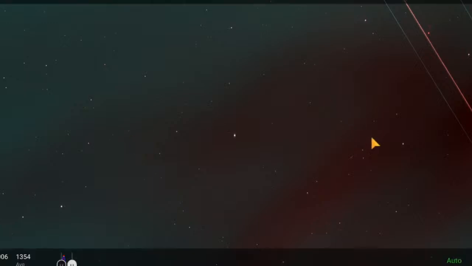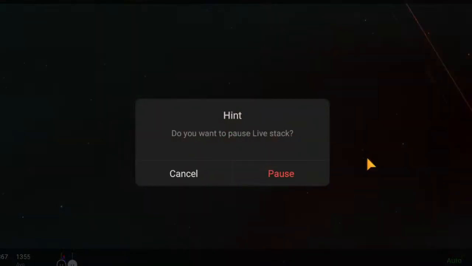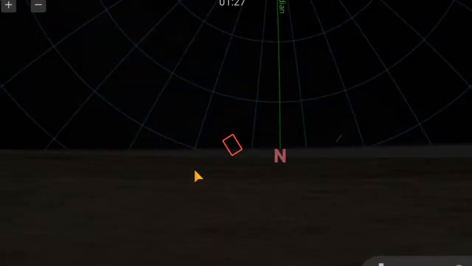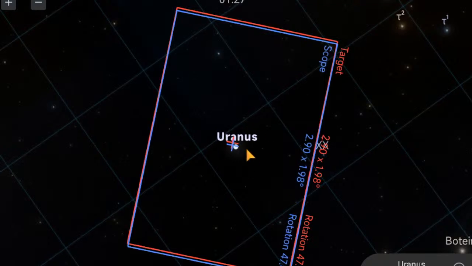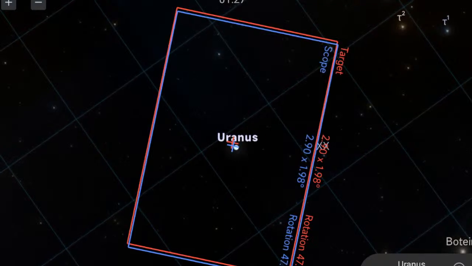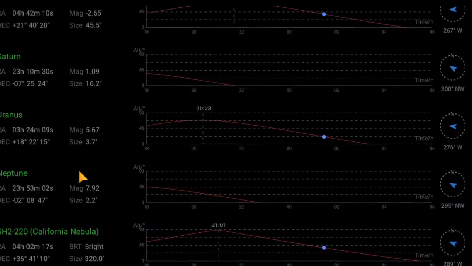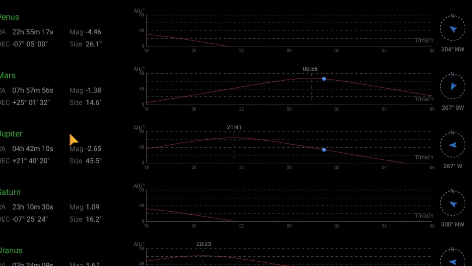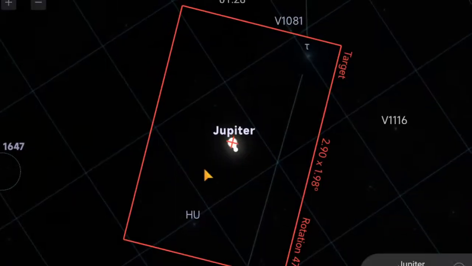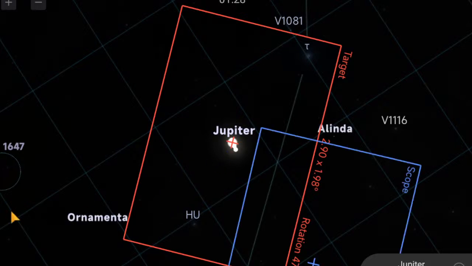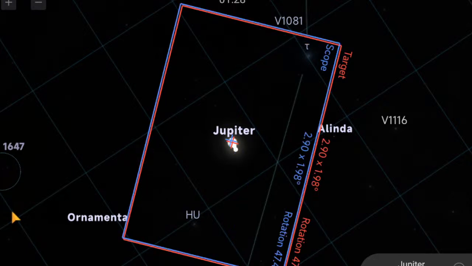There we go. Now let's go to Joopy Joop. So we're going to stop this and say goodbye to Uranus. Kiss it goodbye. Kiss it goodbye. And we're going to go up here to Jupiter and say goodnight at Jupiter, guys. See if we can get a good shot of Jupiter, actually. I want to try to get a good image of a planet tonight.